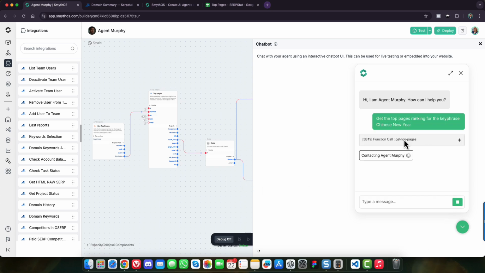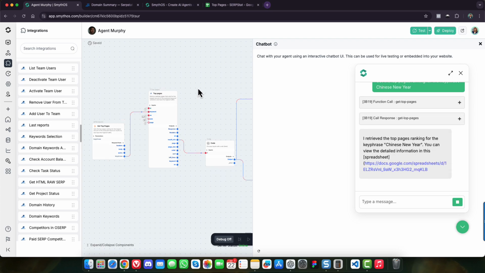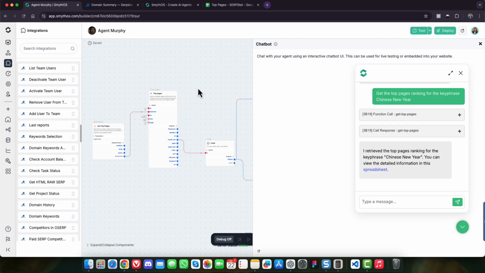Alright, so as you can see, Agent Murphy is doing a function call. Since this is a chat embodiment, whenever it interacts with an agent, it needs to interact via an API endpoint. So that's the reason why we need an API endpoint here. This is also the same case if you want to deploy your agent as a ChatGPT custom GPT, or a webhook, it needs to have an API endpoint so other applications or third-party applications can interact with your agent.